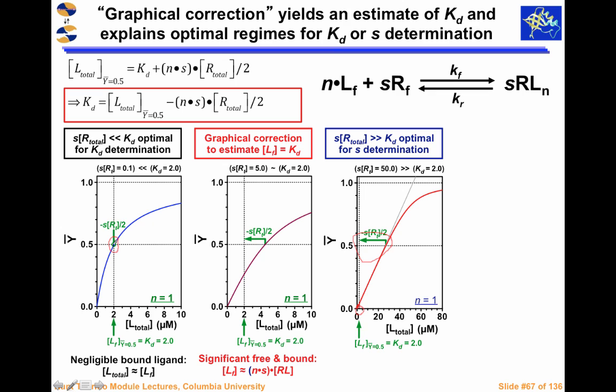In some cases, we're going to have an extremely robust estimate because that correction is negligible, because in this regime, LF and LT are about the same. We don't have a significant amount of receptor on this concentration scale, so there's just not a significant difference between free and bound, and we get a very robust estimate of KD. In this concentration scale where KD and SRT are about equal, we still can get a decent estimate. In this regime where SRT is way, way greater than KD, the graphical correction is so high that with a little bit of noise, all we're going to be able to do is say that on this concentration scale, KD